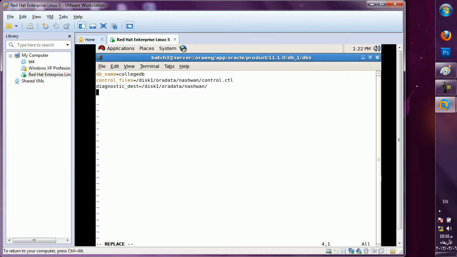In which version are you working? compatible equal to 11.1.0. If you are working in 10G, 10.1.0, whatever. 10.1.3, 10.1.9 may be the releases coming in Oracle. Clear now? Yes.